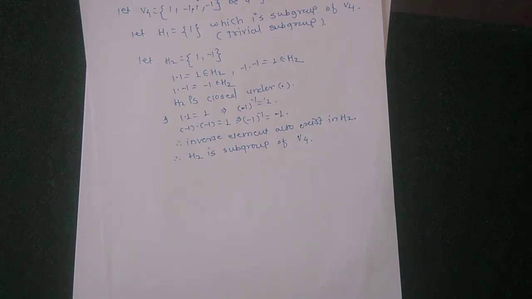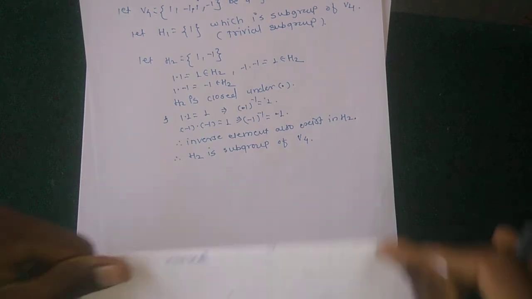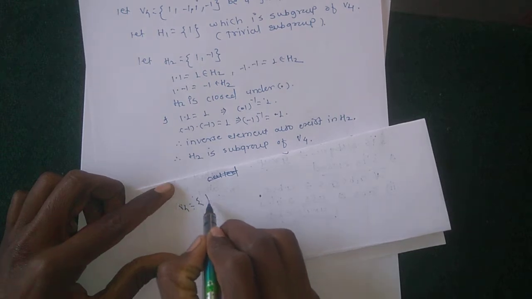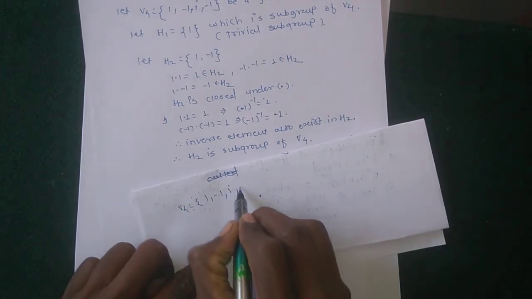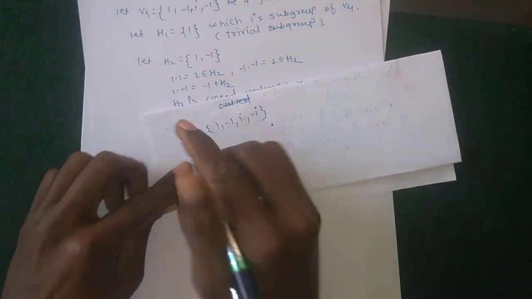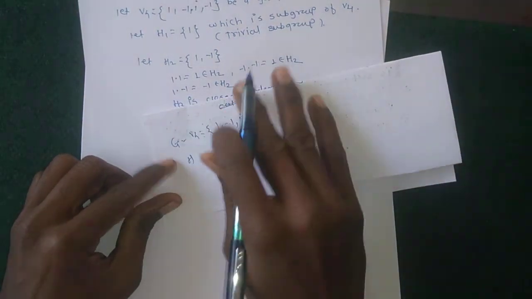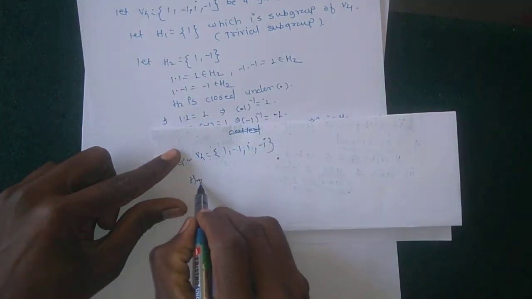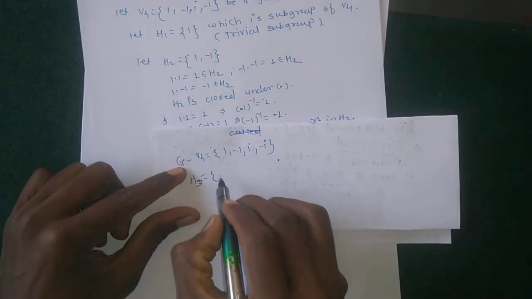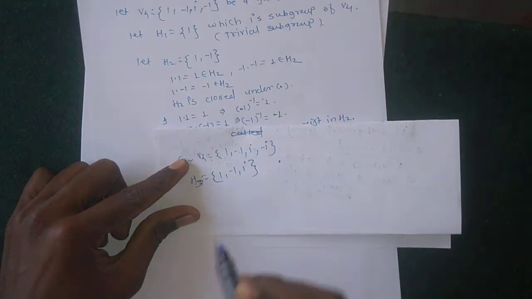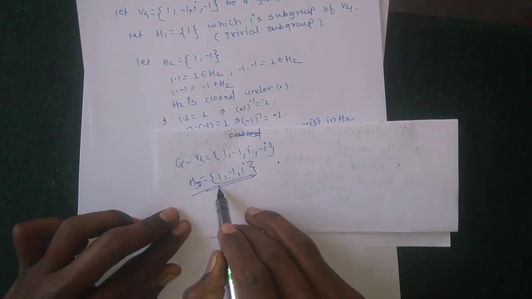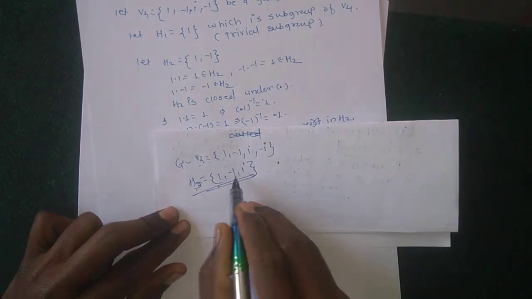Any other subset, choosing here. Suppose that V4 is here: 1, minus 1, I and minus I. This is G. Choosing here one, this is one subgroup, this is S2, the second subgroup. Suppose that S3 is 1, minus 1 and I. If choosing this subset of V4, we want to show whether this S3 is a subgroup or not.